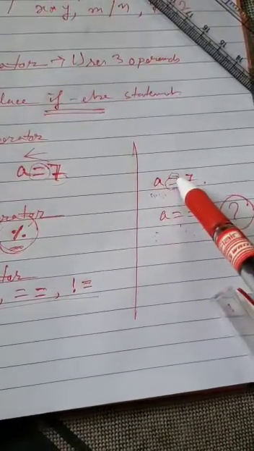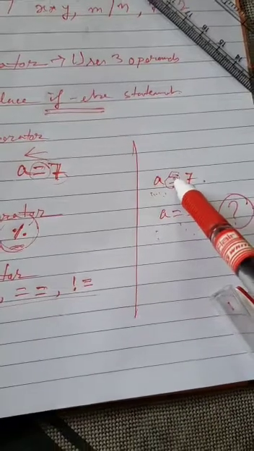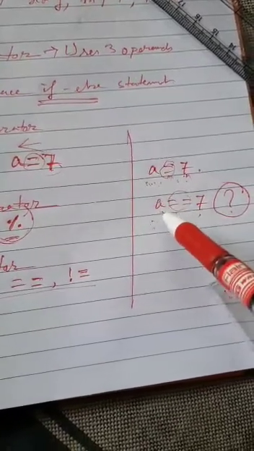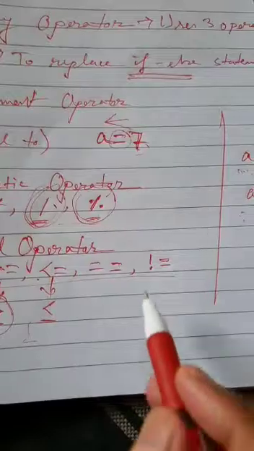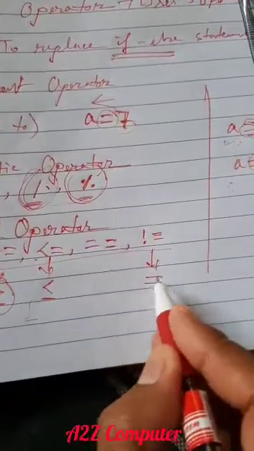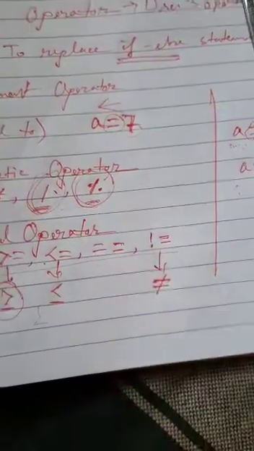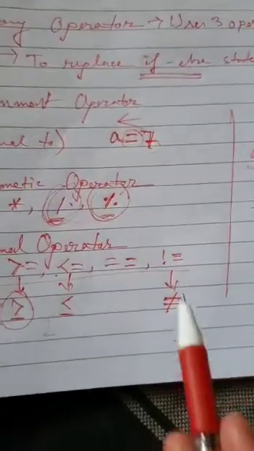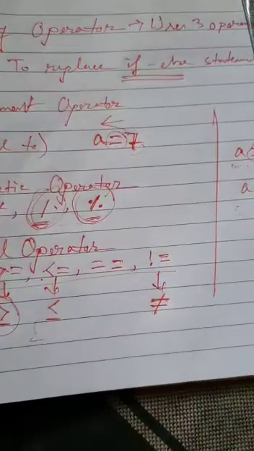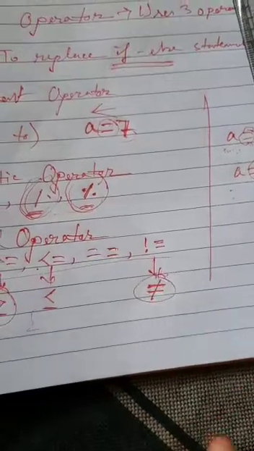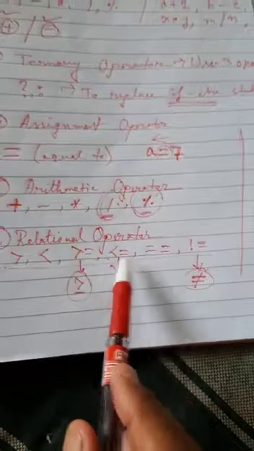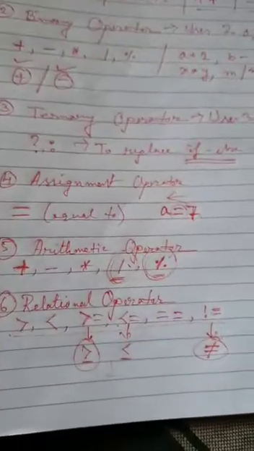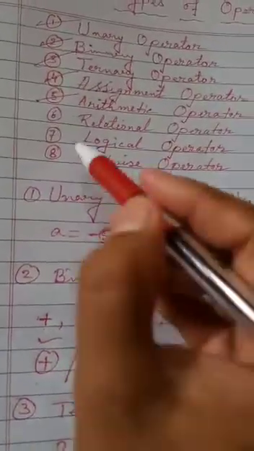This is an assignment operator which is used to assign any value, and this is a relational operator which checks the equality of two values. Got it? And the last one is not equal to. Not equal to is just like in maths. This exclamation symbol is the not symbol, and equal to as equal to, so not equal to. This is the same as in maths. Understood? So these are 1, 2, 3, 4, 5, 6. These six are the relational operators. So relational operators are over.